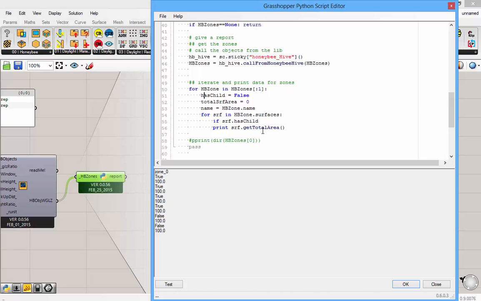So for each zone, I assume it doesn't have a child, and total surface area is 0. And then if surface has a child, then has child should be true. And this is done. And for the areas, I need to get the total surface area, and I just add it to the total surface area that I have, right? So I say total surface area plus equal surface get total area, and then when I'm done, I can print